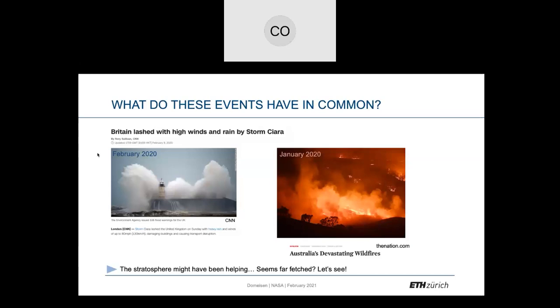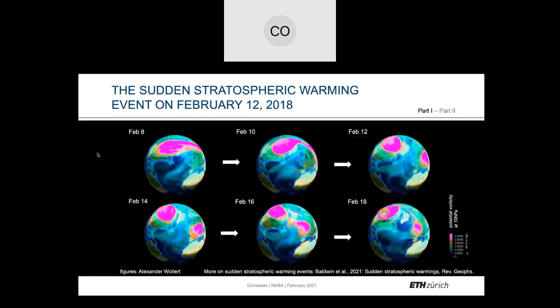The type of events that we tend to look into, and the most exciting events we look into, are so-called sudden stratospheric warmings. There was one of them actually happening in January this year. And here I'm showing an example from February 2018, just because I like this event, because it was kind of a perfect event with a perfect downward influence. What you see here is potential vorticity at 10 hectopascal in the stratosphere, so the mid-stratosphere. And the pink area here is high PV, so basically anti-clockwise rotation around these pink areas.